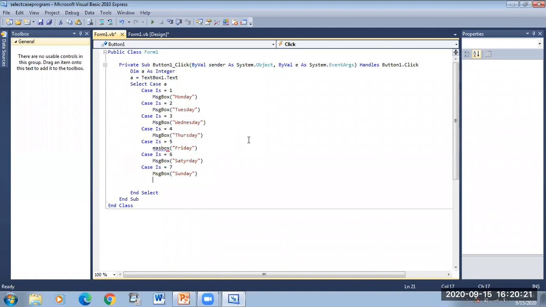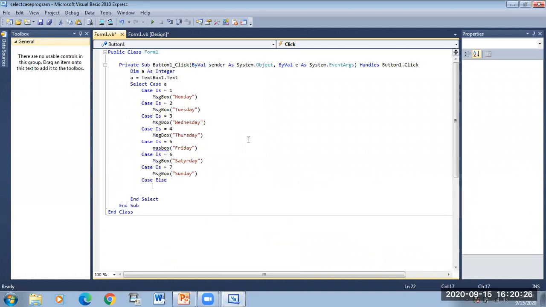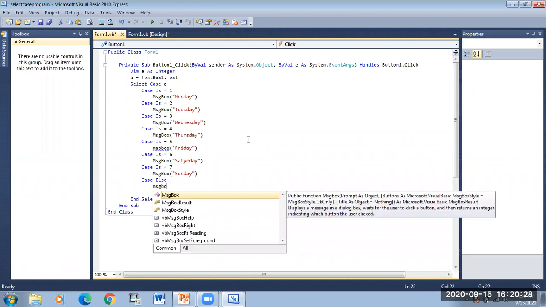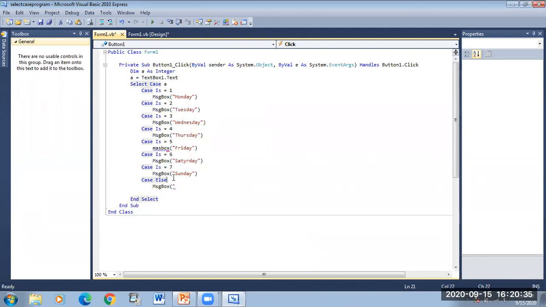Then case else. According to syntax, at last we have to write case else. Case else message box. So what is case else for? Case else means if the user enters another number, or any character other than 1, 2, 3, 4, 5, 6, 7, then we should tell the user that they have entered an invalid number.